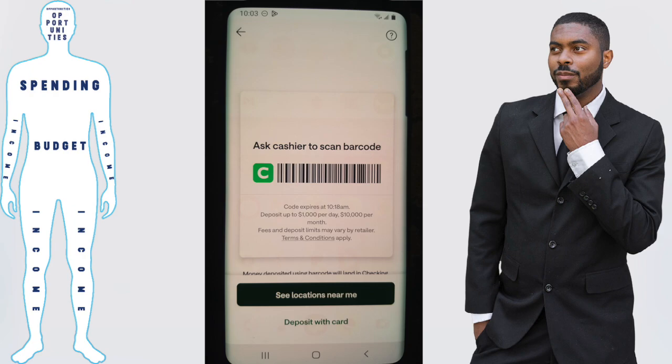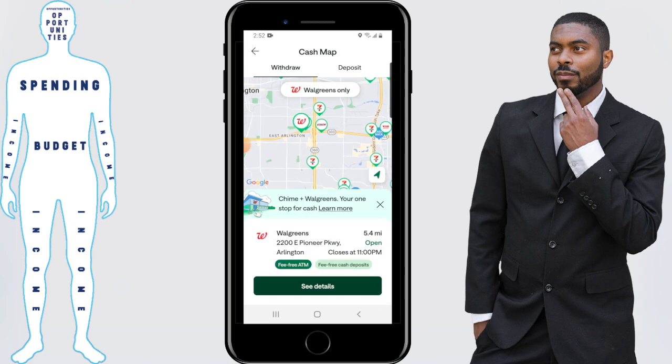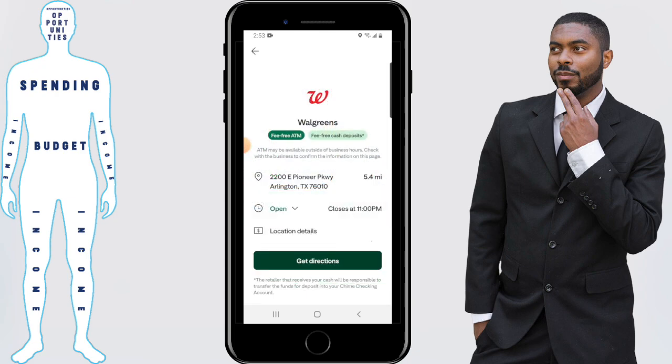But before we get into that, we want to find out exactly what businesses Chime is partnered with. So you want to click on See Locations Near Me. And once you click that, a map will be revealed. All you have to do is click on one of these icons, like Walgreens for instance. Then click on See Details, and it'll let you know exactly when the store is open, where it's located, and